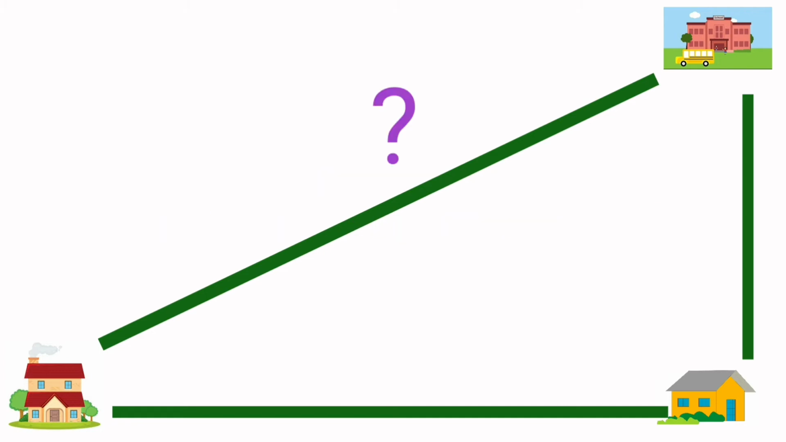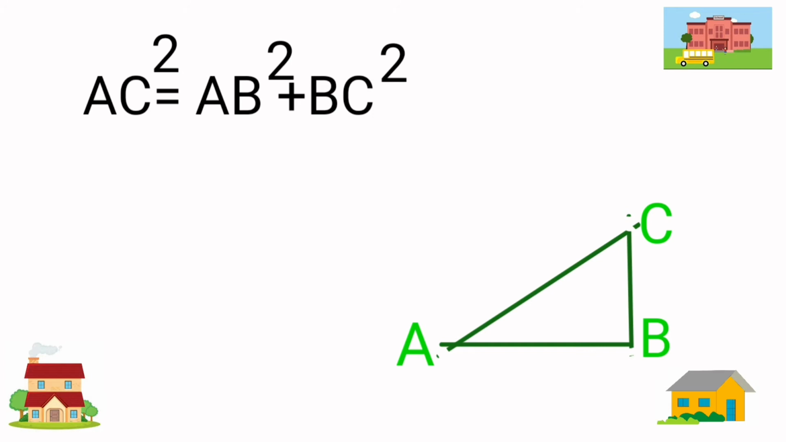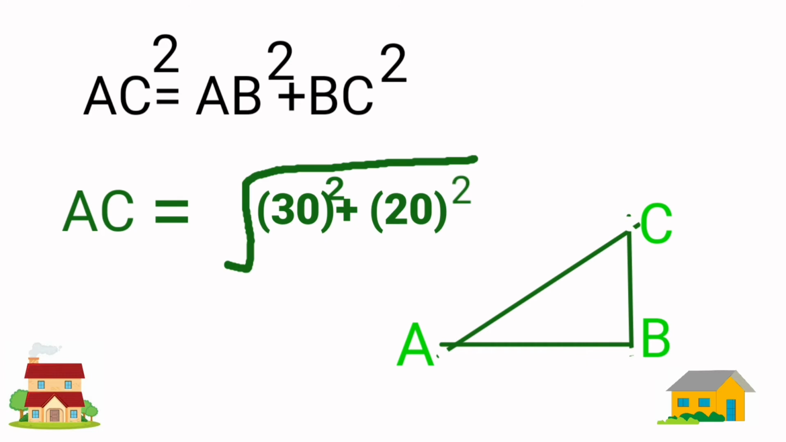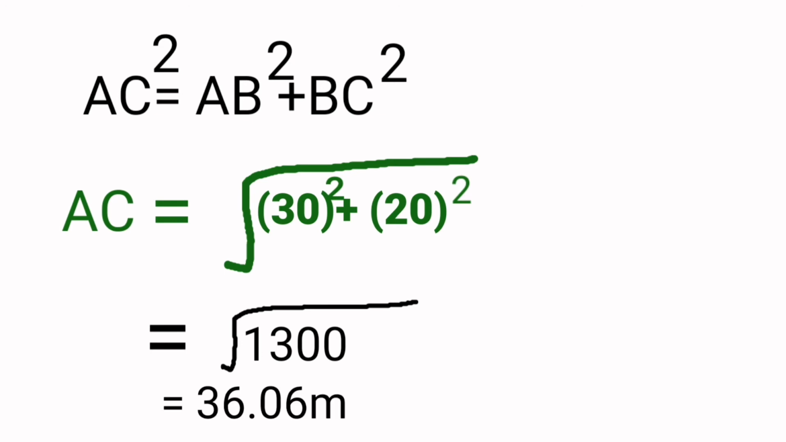Do you know how we calculate this distance? Yes, using Pythagoras. According to Pythagoras, this is a right angle triangle, and we can write AC square equal to AB square plus BC square. By putting the value and calculating, we get the value of AC is 36.06 meter, meaning the distance between your home and school is 36.06 meter and it is the minimum distance and that is why it is known as